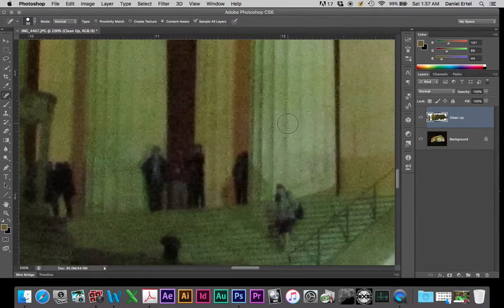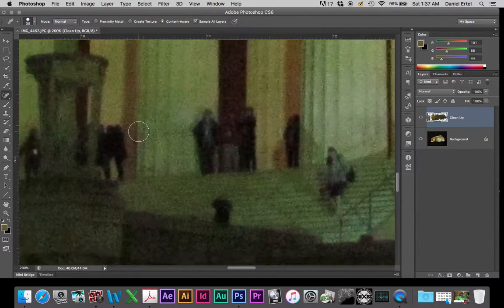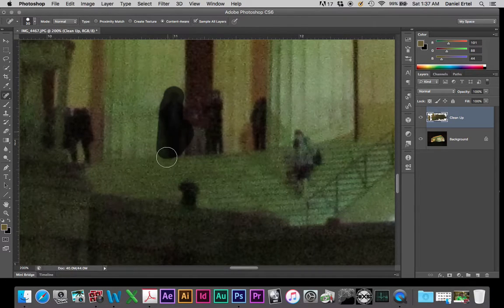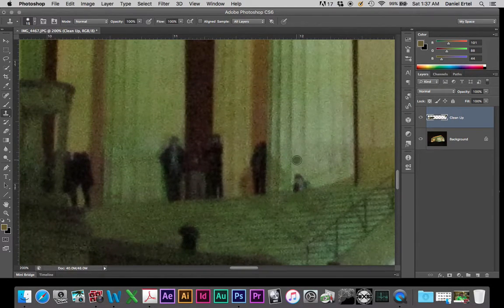So now I just have the rest of these people here, which we're going to try and tackle the same way here. Use what we can, where we can. Clearly the spot healing brush is not going to be my friend today. Alrighty. As you can tell, this can kind of be tedious work,